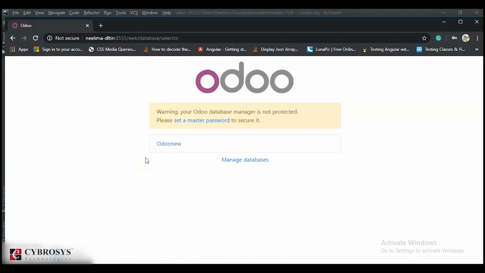So here you can see Odoo new. This is how we can use a DB filter also.